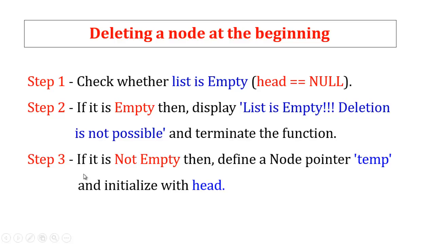And the second condition, if it is not empty, it means there is a certain element present in the linked list. It may be 2 elements, it may be 3 elements, it may be 1 element. Define a node pointer, that is temp equal to head. We already assigned, because the temporary variable is going to scan each and every element present in the linked list. That is temp equal to head means it is going to point to the first element.